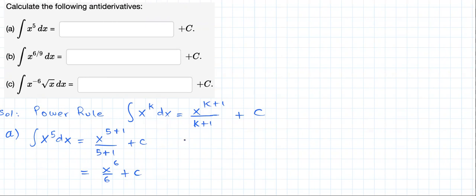For b, let's do it here. Integral of x raised to 6 over 9 dx. For b, let's first simplify 6 over 9 by dividing by 3, numerator and denominator. So we are dealing with the integral of x to the 2/3 dx, right? And again, applying our power rule now for k equal 2/3, we will have x raised to 2/3 plus 1 over